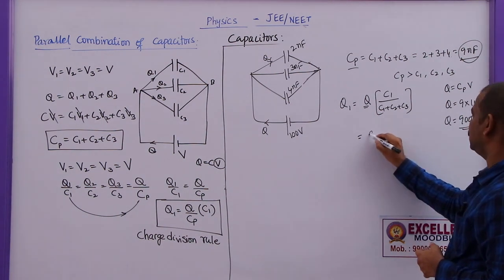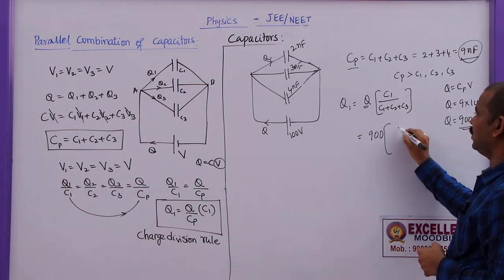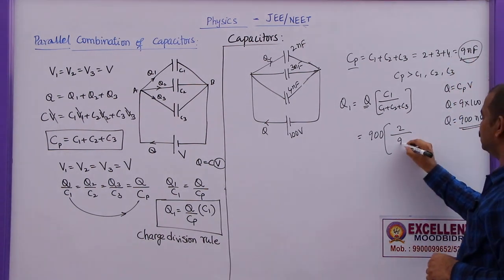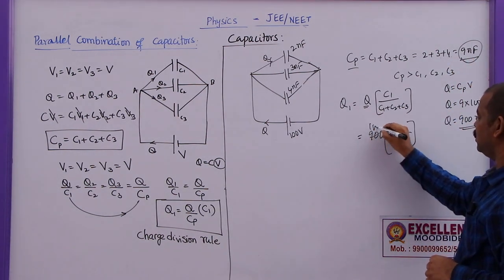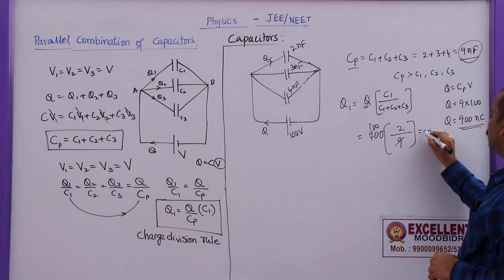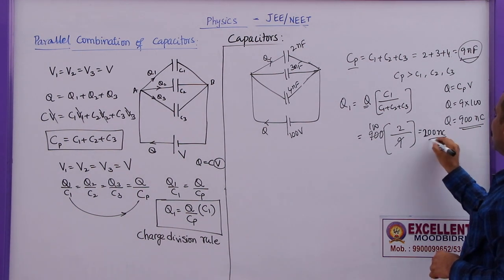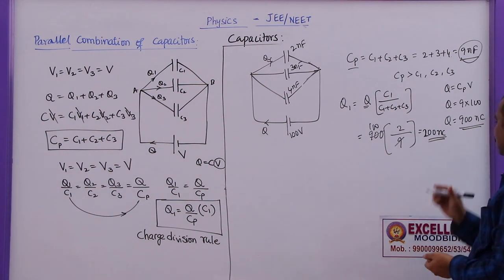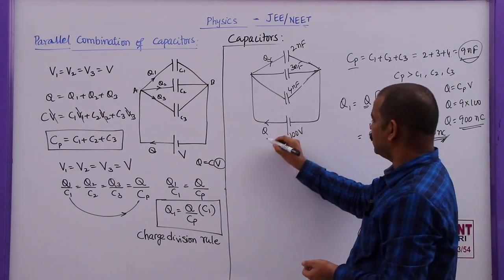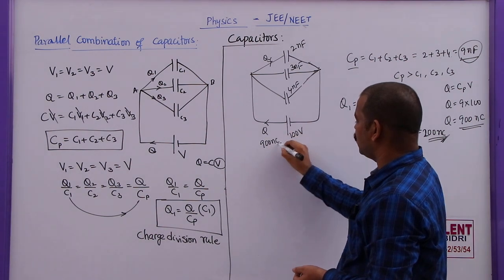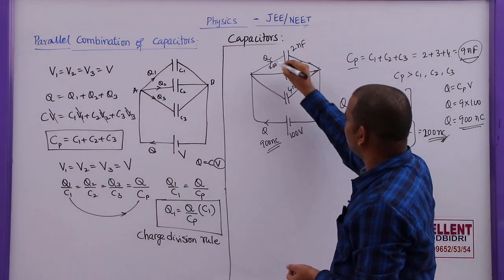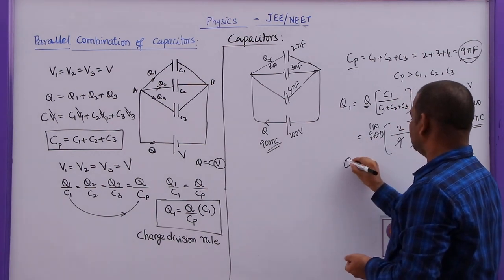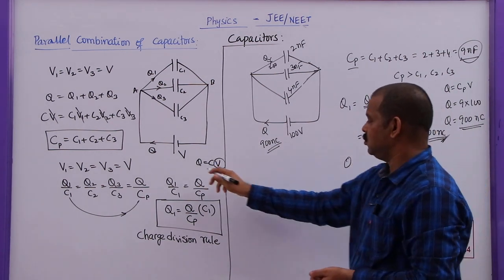Now, this can be written as 900 into, what is C1? 2 by, what is the sum of these 3? This is 9 micro. So, this is 9 into 100. So, this will be 200 nanocoulombs. So, how much charge is going to pass through the first capacitor? 200 nanocoulombs. So, out of 900 nanocoulombs, 200 nanocoulombs will pass through this one, and it is clear that C is equal to Q by V. Here Q is directly proportional